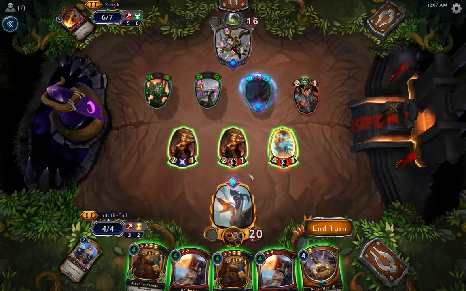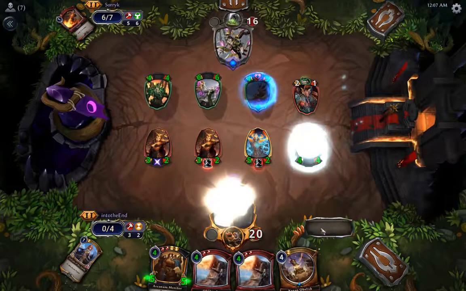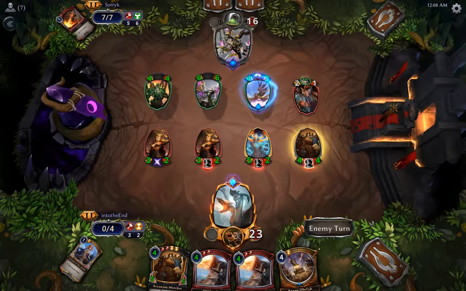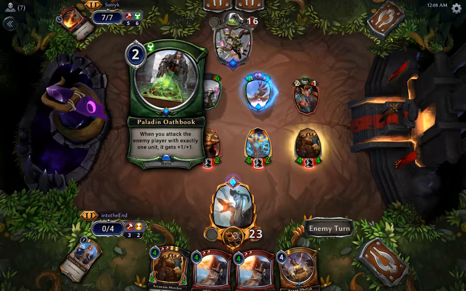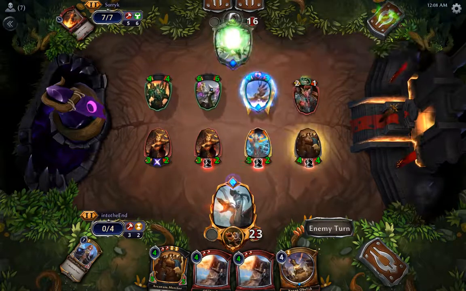What if I just keep expanding my board? Yeah, I think I'm just going to keep expanding my board and hope that eventually I can kill this and then I have a superior board position. What I want to do is I want him to keep attacking with this unit and keep building it up with his Oath Book. Because as soon as I kill his Silverwing, he's just going to start pumping another unit. And once he pumps another unit,